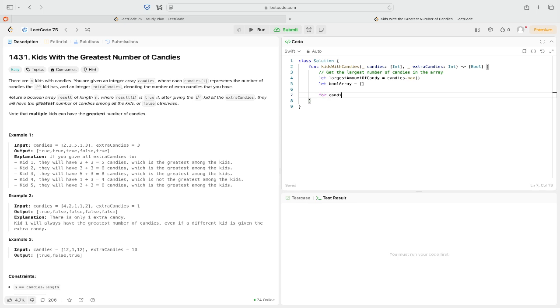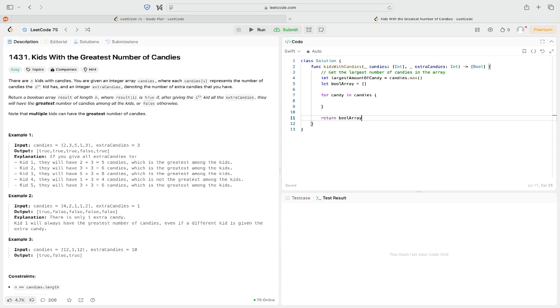Then for candy and candies, and then we're going to return bool array. Okay, so yeah, so the function kid with candies takes an array of integers and another integer